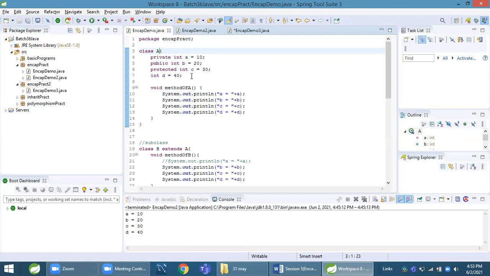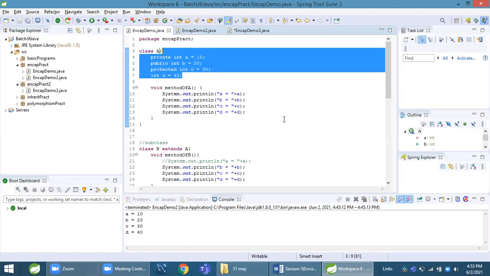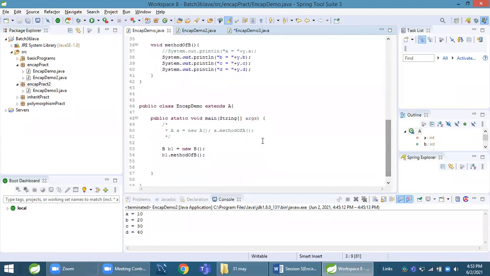For that, what we must do is we should take these members into this public class.